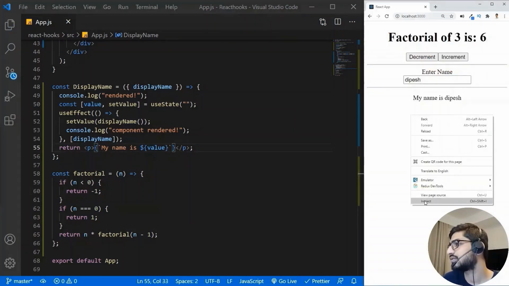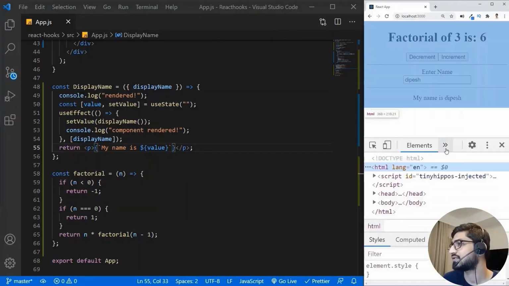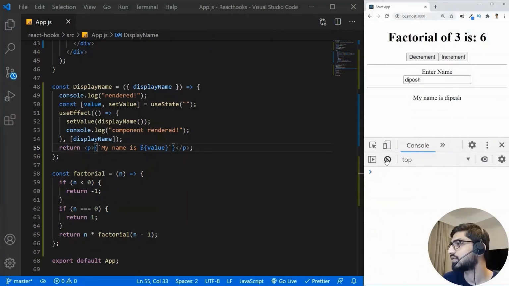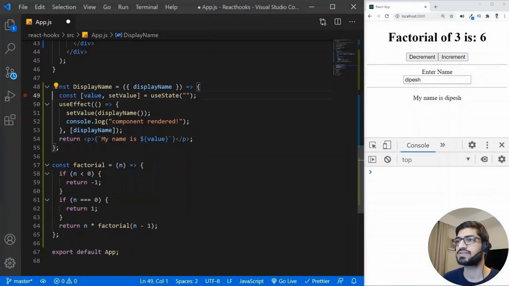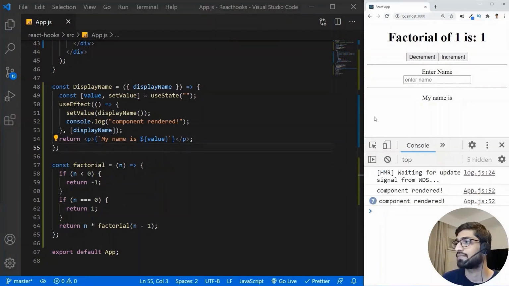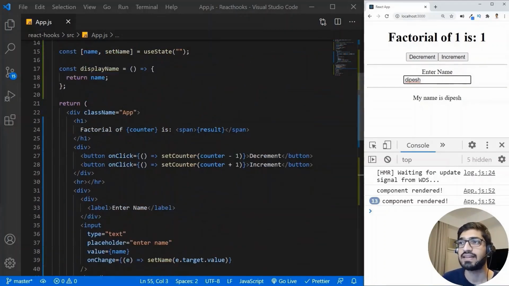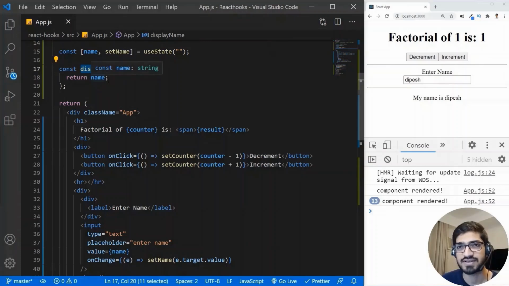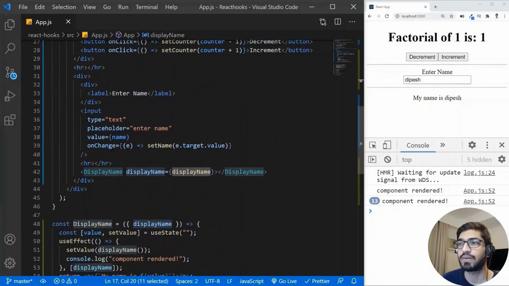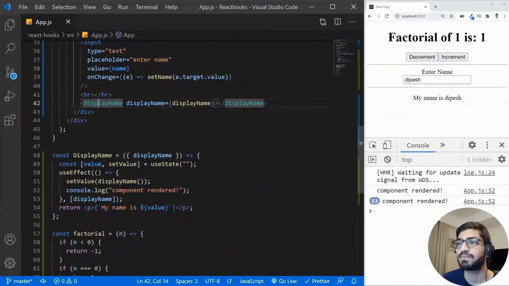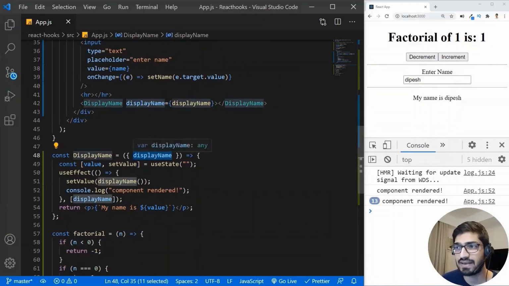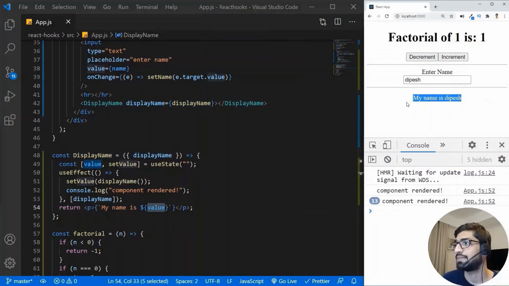Now let's go to the inspect element and see what is actually happening. I'm going to the console, I will clear the console, and for now I will just remove this console.log, we don't want it. Now you will see that whenever I type anything in my input element, my app component gets re-rendered and a new instance of the display name function is generated. This is passed to my display name component. When it is passed, we get a new instance of display name, and then we run a useEffect and we print the value,